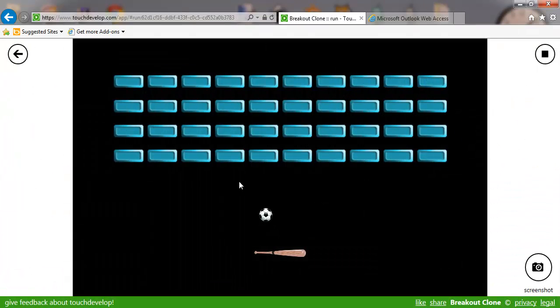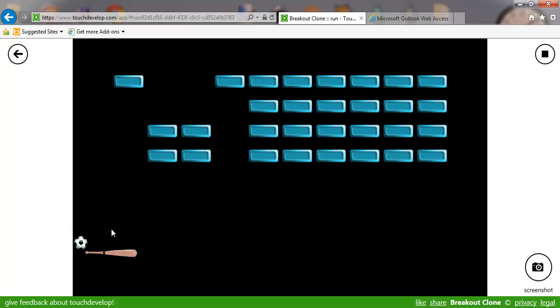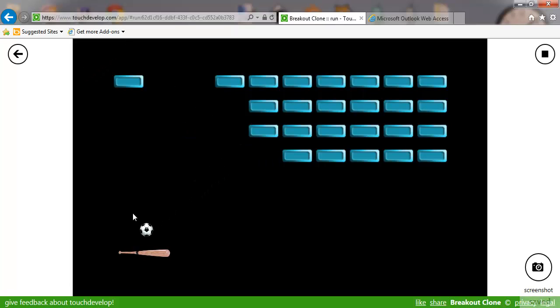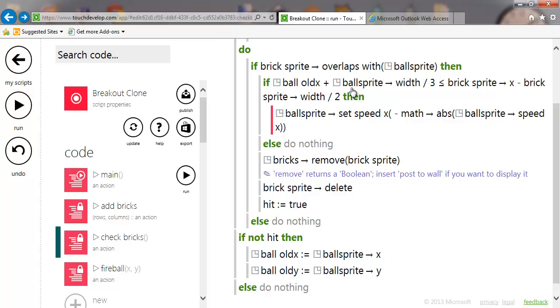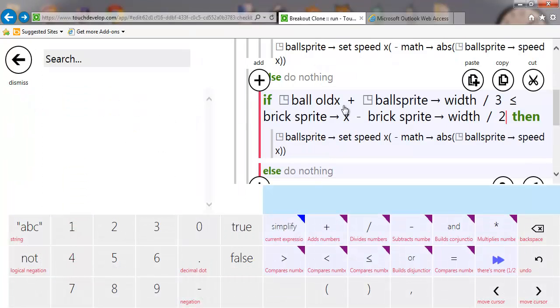Okay, and if we run that to check, what we need to do is get the ball hitting from the side, so let's try and do that. Right, you see that it bounced off that brick from the side. Okay, now I'm going to copy that because I think it'll speed things up a bit, so I'm going to put a new line in there and paste that in, and I'm going to change the next line to if